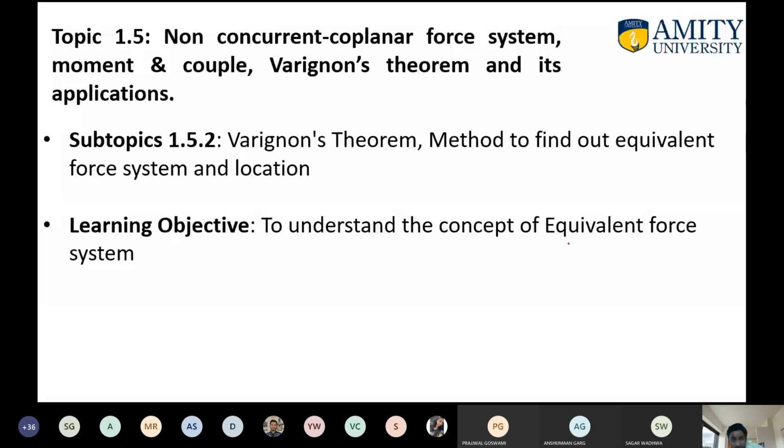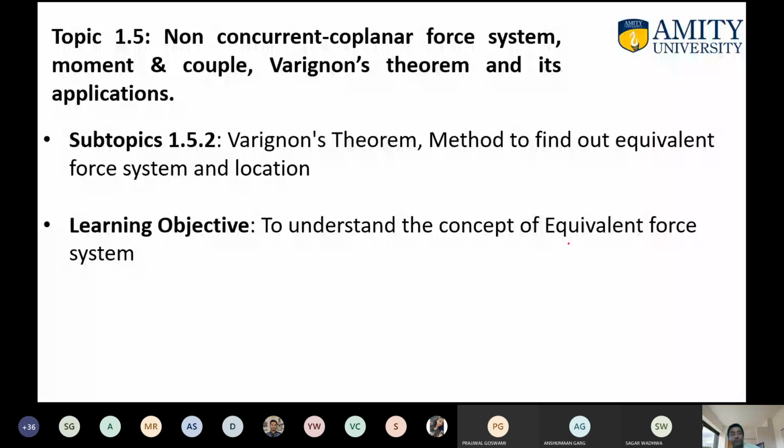So these are the moments of the individual forces. So these forces have some resultant. Let us say it is R, and the perpendicular distance of that force from the point O is, let us say, x bar. So the law of moments, or you can say Varignon's theorem, says that the moment of all the individual forces should be equal to the moment of the resultant force. This is simply Varignon's theorem. So you can see the definition, Varignon's theorem or the law of moments.